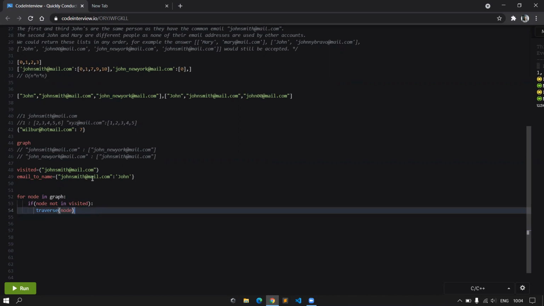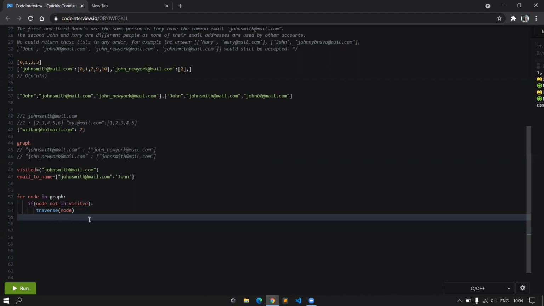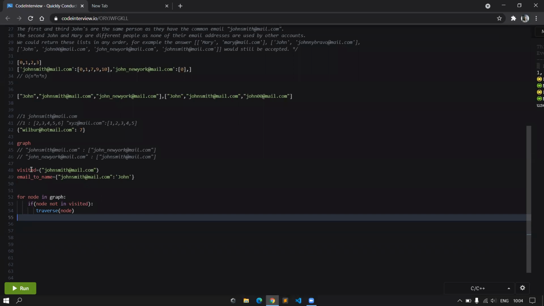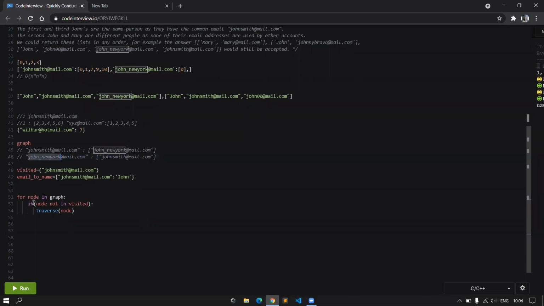And we would be filling all these nodes in the visited set. So this means that once I am done with the first traversal, when I come to the second node in the graph, since it would be already present in my visited list, I won't traverse it again.